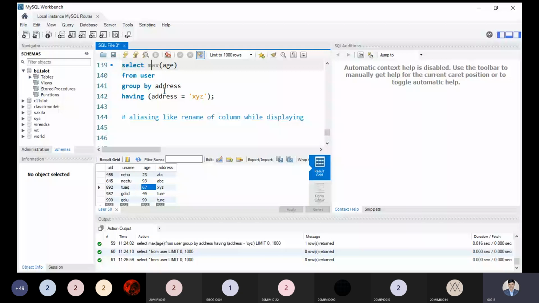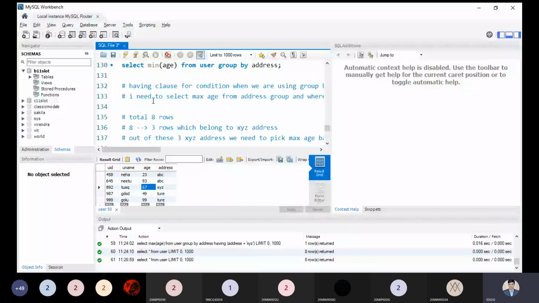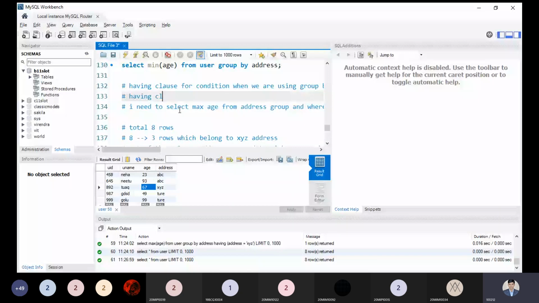So if I need to choose the names of the students who belong to the BTech cybersecurity or BTech computer graphics specialization, how can I choose? This is the filtration I can apply. So the having clause will come along with the group by. That is the point you have to keep in mind. I can write it over here for your betterment. Having clause will be applicable with group by. These are the key points you have to keep in mind.